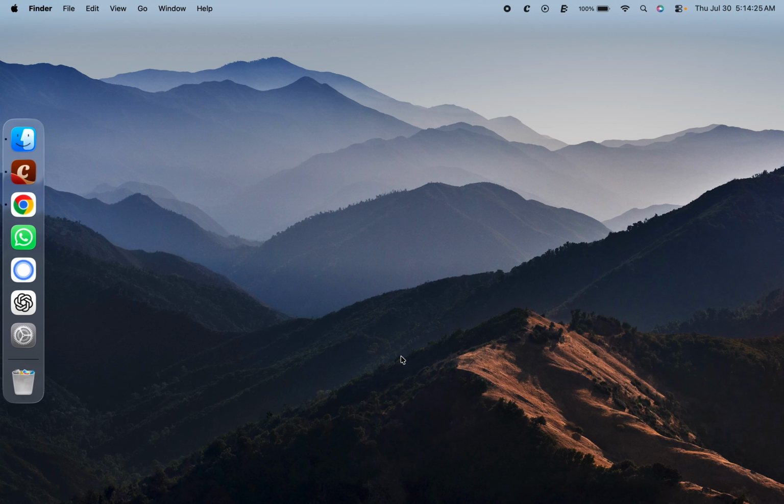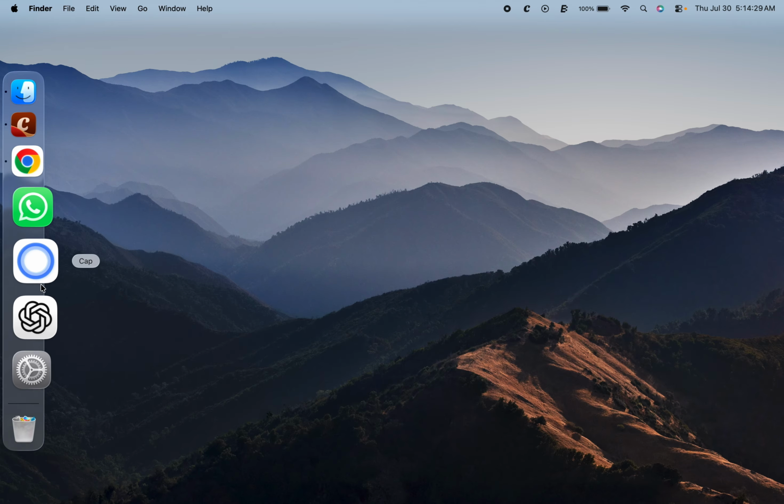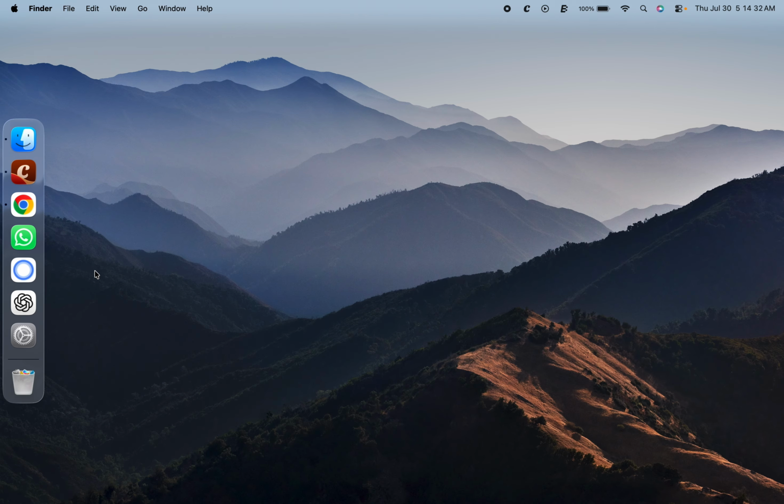In this video, I'm going to show you how to fix the dock stuck on the left or right on your Mac. So if your dock suddenly appears on the left or right side of the screen when you want it to appear at the bottom, don't worry. This usually happens because the dock position has changed in System Settings, either intentionally or by accident. The good news is that you can easily move the dock back to the position you prefer, and to do